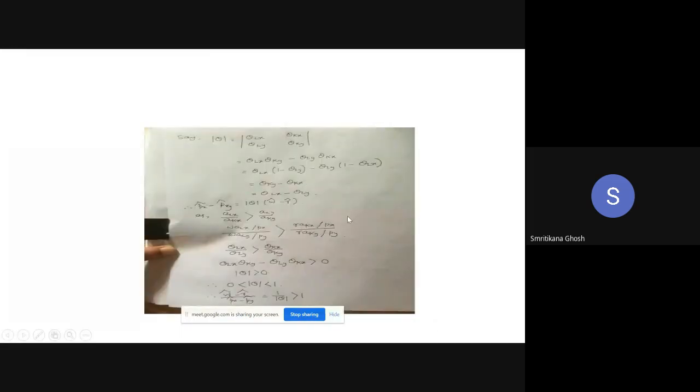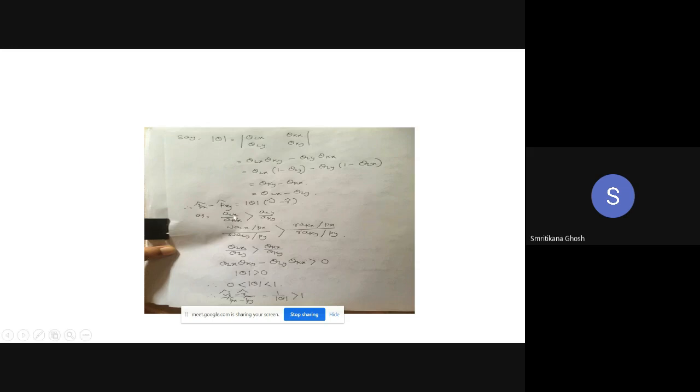So here we are. What I am doing now: if this inequality is true, then I can divide both sides by px by py, and I can multiply each side. On the left hand side I multiply by w and divide by w, so that will be cancelled out. The right hand side is multiplied by r and divided by r. So this will be cancelled out, and the inequality will be intact.